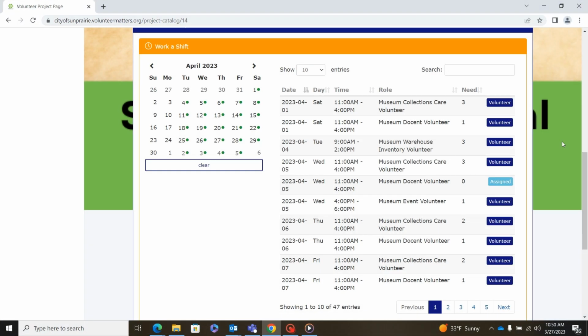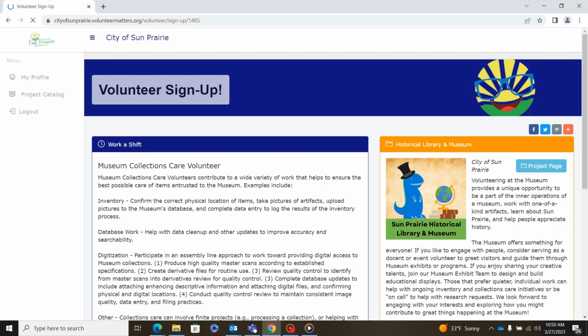I have now had my onboarding meeting with museum staff, and I'm ready to sign up for different types of volunteer opportunities. Now let's say I want to be a museum collections care volunteer, and my shift here says that it is from 11 a.m. to 4 p.m. However, I can't make it to the museum until 12 p.m. I will still go ahead and click Volunteer,